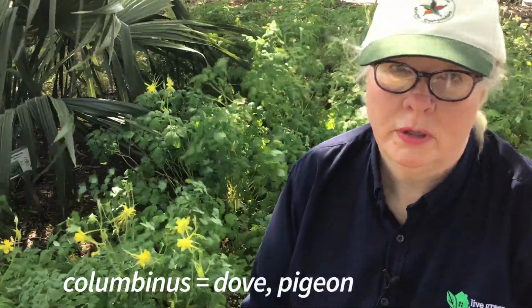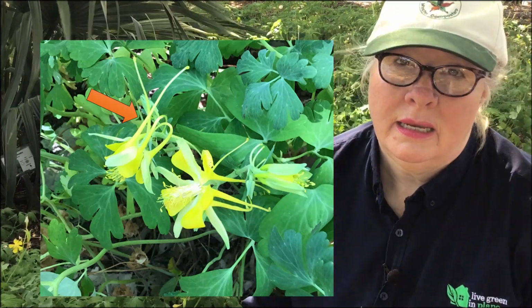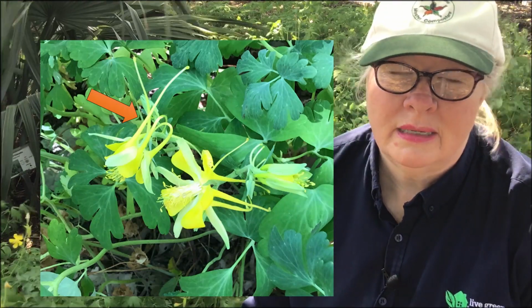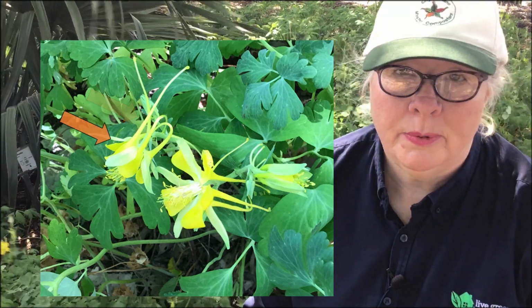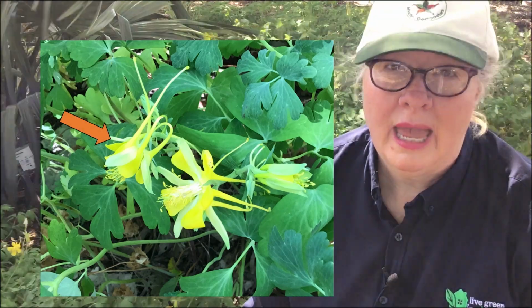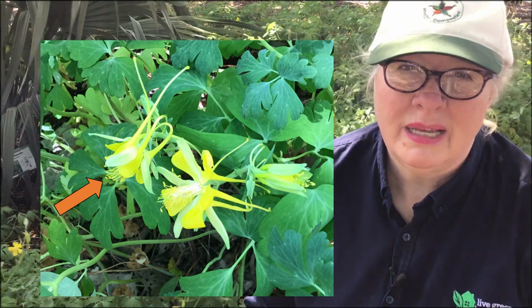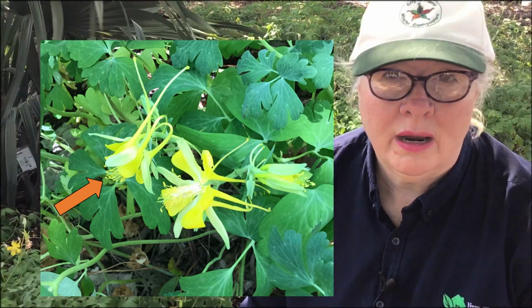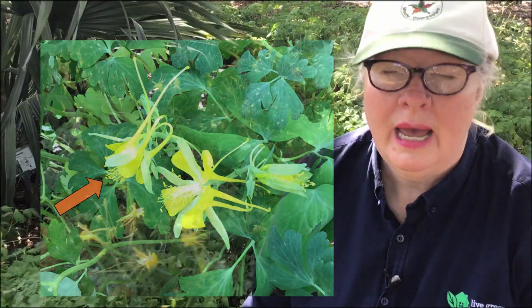That columbine part of her name comes from Latin, and it means dove. If you look carefully at the blossom, you'll see why. The spur part of the blossom looks sort of like the head and shoulders of a bird. The sepals are like opening wings, and the blade of the petal is kind of like a tail feather. If you look carefully, you can often see that there are 4 or 5 doves about to take